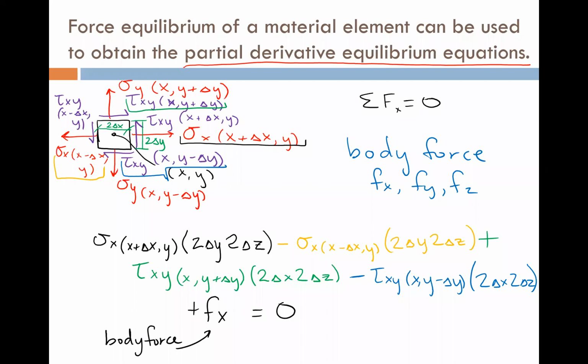Excuse me, that's not what I want to divide by. I want to divide by 8 delta x, delta y, delta z. And the reason for that will become apparent in just a second. So each term has 4 in it, right? A 2 times a 2. So if I'm dividing by 8, all of these terms are going to end up over 1/2. So we'll have a 1/2 times this whole thing. And this, of course, will be divided by